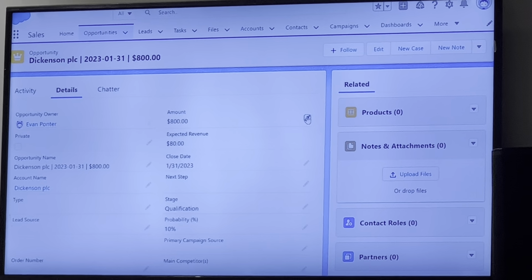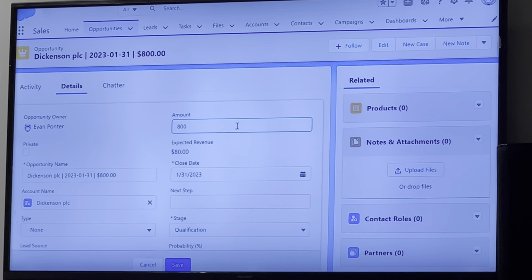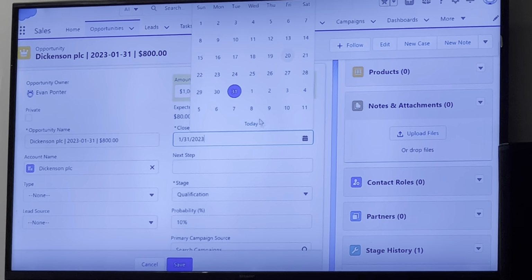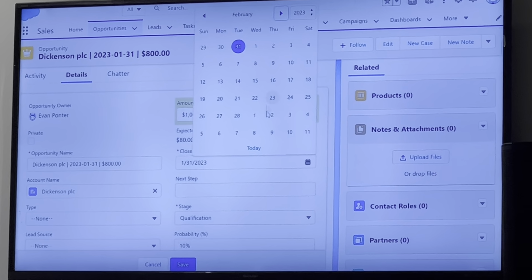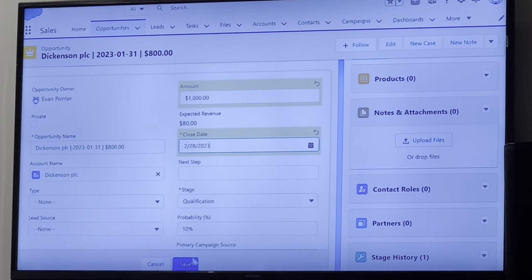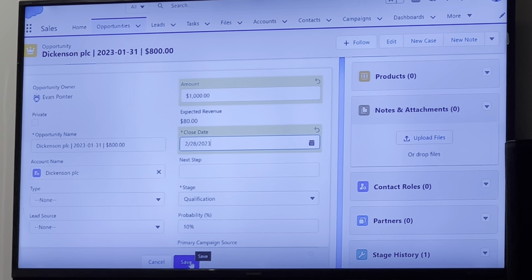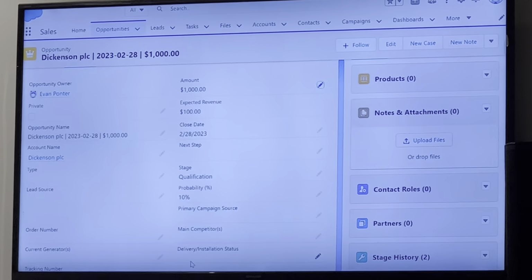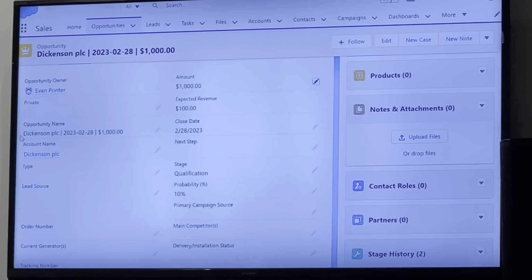If I were to update one of those key pieces of information, let's say this is going to be $1,000 now and I have to push it out a month. As soon as I click save, it's going to run that flow because my entry conditions are looking for changes to those values. It's going to set that new naming convention for